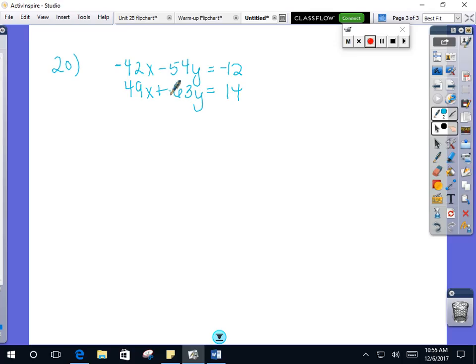However, is there any easy way to multiply one equation to make it match the other one? No, you can't multiply this by anything to make it a 49, and you can't multiply this by anything to make it a 63. So, we are going to have to multiply both equations. Okay, so we need to sit here and figure out, like, what will a 42 and a 49 become? Or what would a 54 and a 63